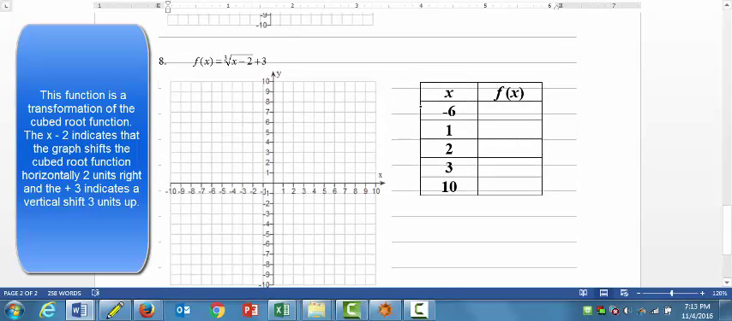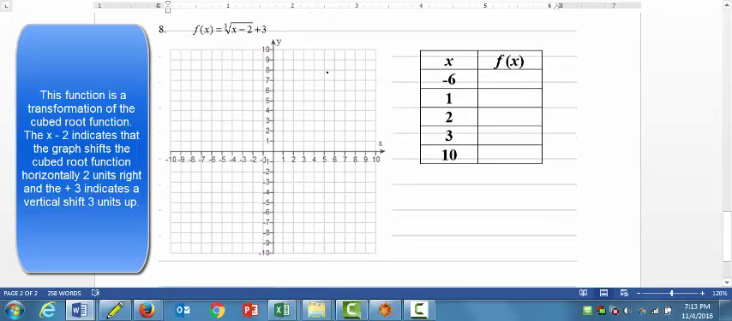Now, in the case of an odd index radical, we don't have an issue about domain. All the real numbers are the domain of this. So I don't have this limitation as to what I can put in. So we're going to look at the results if x is these values. So if x is negative 6, I have a y that's the cube root of negative 6 minus 2, which is negative 8, plus 3,